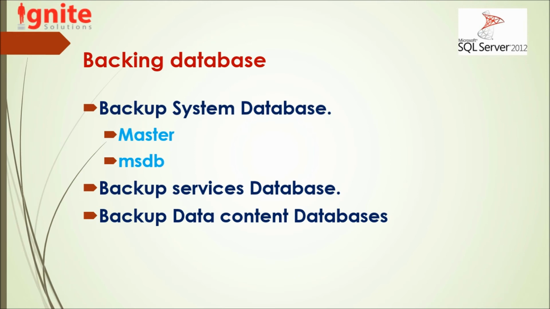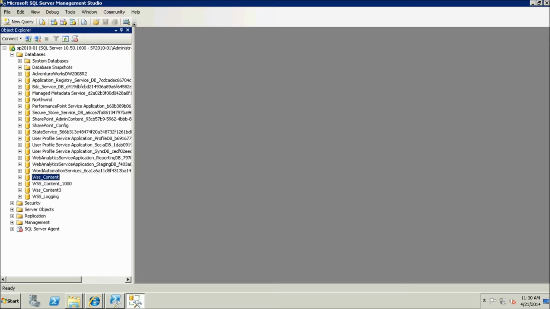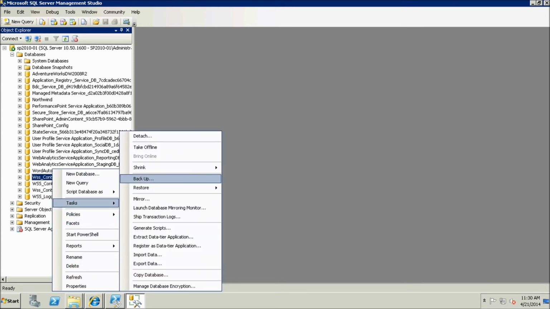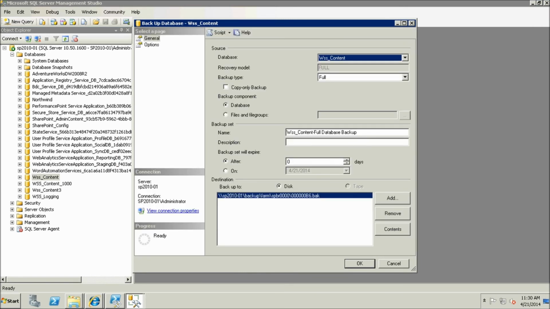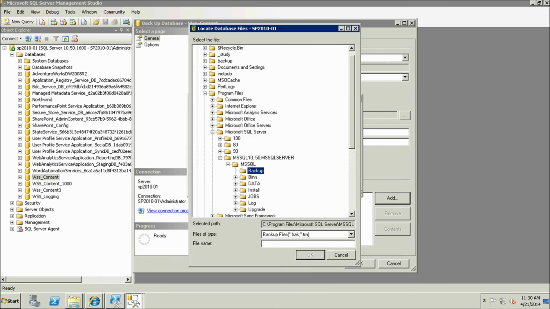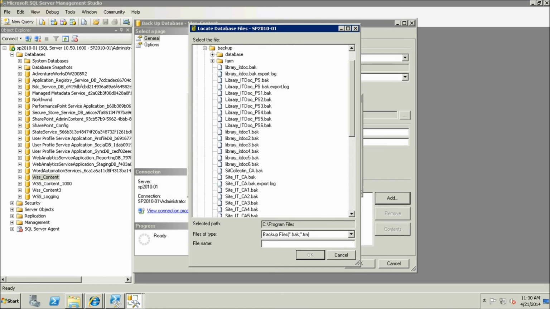Let me show you how to perform a manual backup of your SQL Server database. Okay, I have created a folder called database here on my backup. In the central administration, I will right click my content database, choose tasks, then backup. In the backup, in the destination section, I will remove this destination and I will add, select backup destination. I will choose file, and I will refer it to the backup database folder